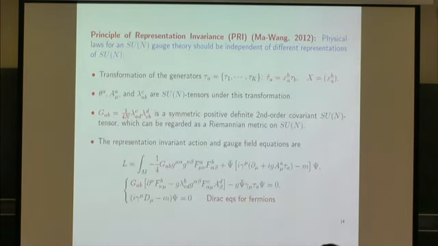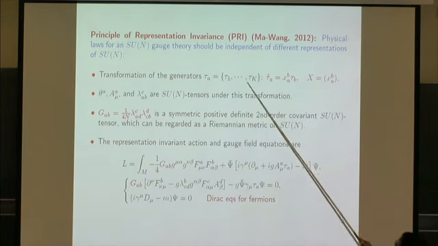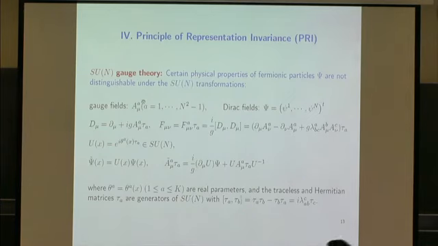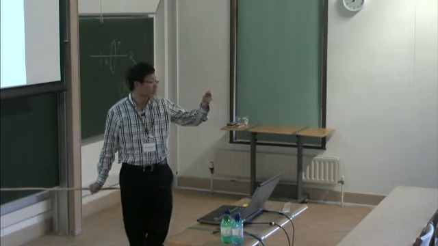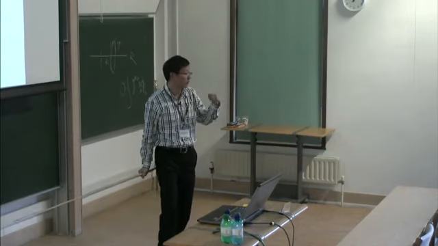But next page, there's a new principle behind this. This new principle says when you do a gauge transformation, you have this Lie group, and you have generators for this Lie group. So let me go back to this page again. The generators are for this thing here. So for SU(N) gauge theory, you have N squared minus 1 matrices, with real number parameters, and those matrices you call generators. You can take a different set of generators. You're supposed to get a similar theory.